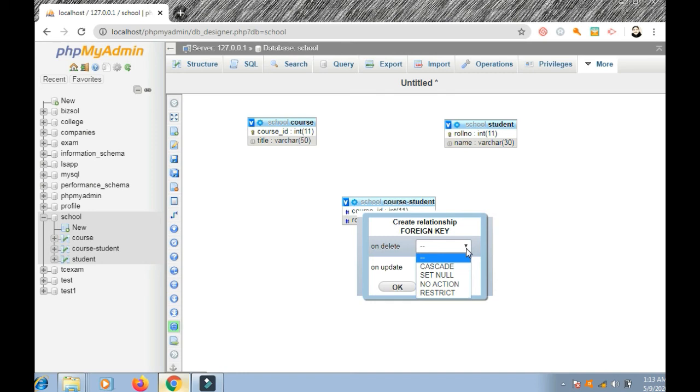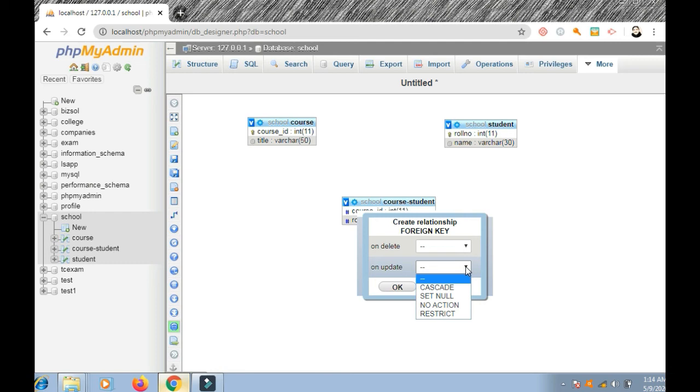Now you see the screen, create relationship. This is the foreign key. It says on delete, what should be done? Cascade, set null, no action, restrict. So cascade means if a course is deleted, the ID is deleted from the course student relationship table. If the primary table record is deleted, the foreign key record is also deleted.